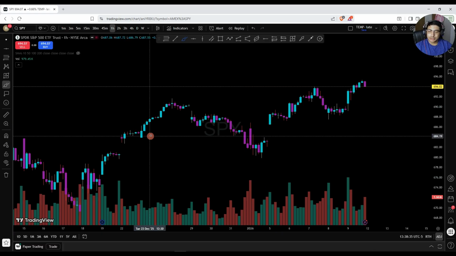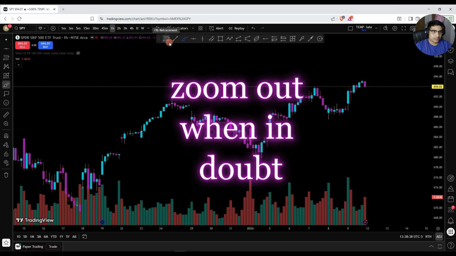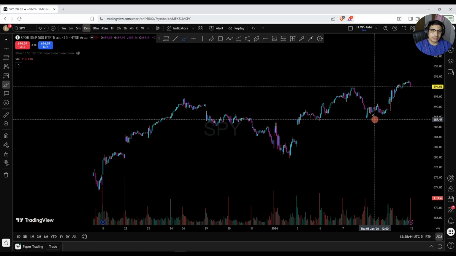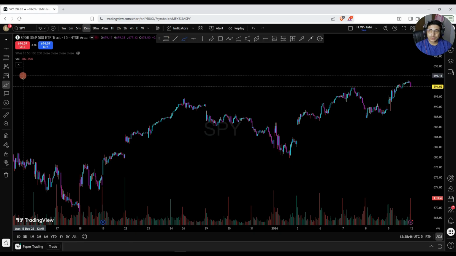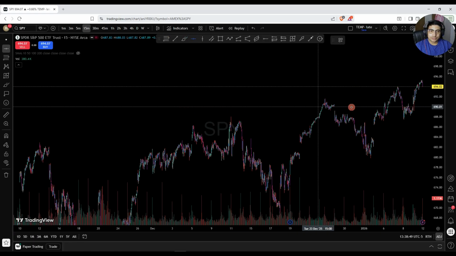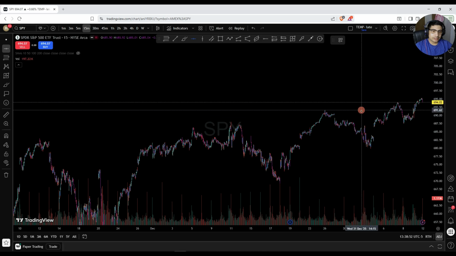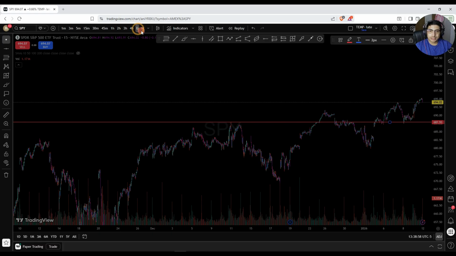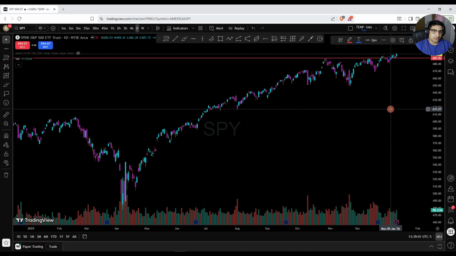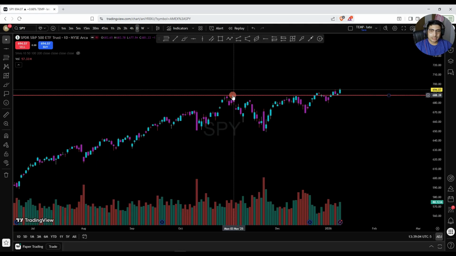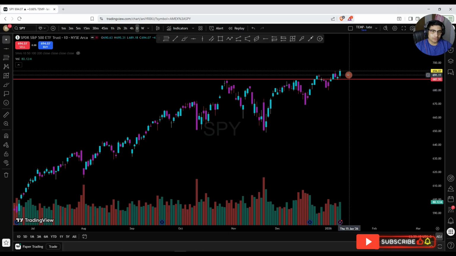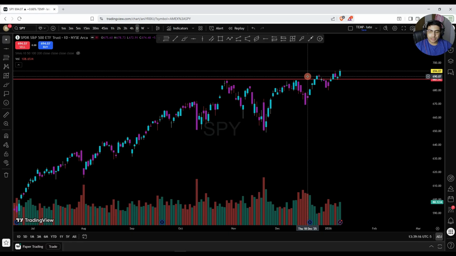The second thing that you need to look into is always zoom out when you are in doubt. That's what traders say. So even though your 15 minutes time frame might be seeing this one as a heavy resistance, if I zoom out from the 15 minutes time frame, I can see here these ones were resistance at that time and then became a support here. Let's go ahead and see the daily time frame, what we can see on that. If we look into the daily time frame, you can really find out those has been a support point several times. And if you feel like this one was a resistance, no, now it's working as a support point for your trade. So always zoom out when you are in doubt.